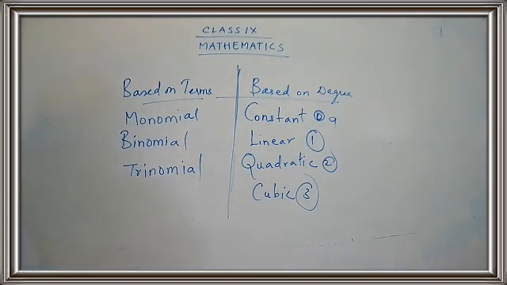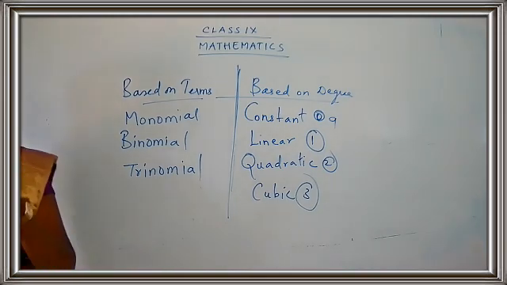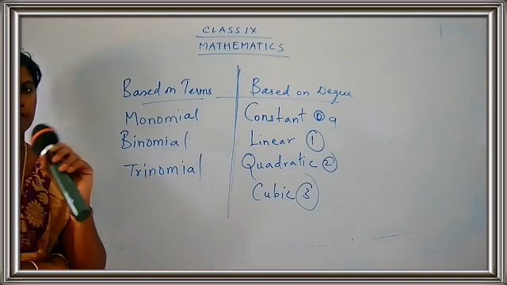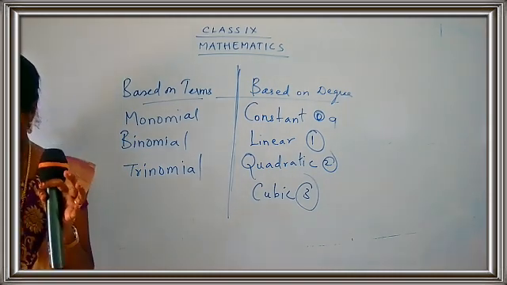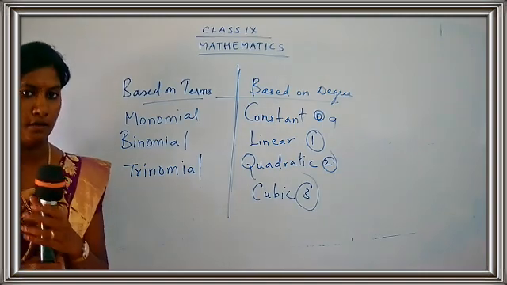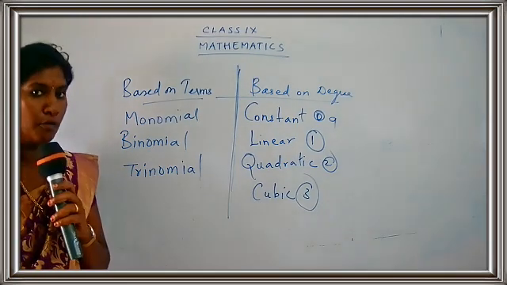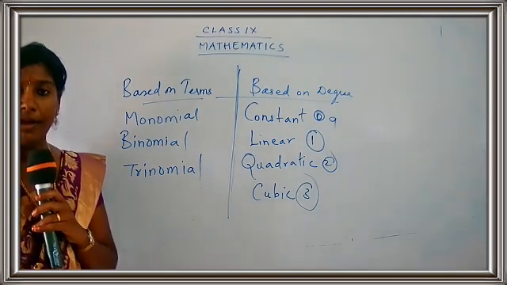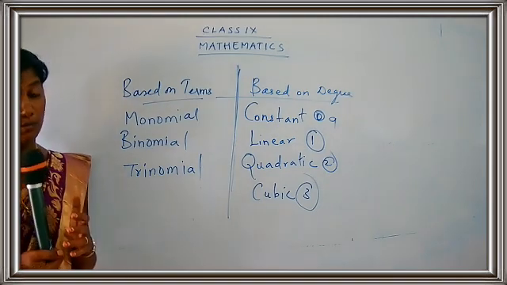Which of the following expressions are polynomials? If not, give reason. They're asking, if not, give reason. So if it is a polynomial, no need to say the reason. We can just say it is a polynomial. Suppose the given expression is not a polynomial, you have to write down the reason why it is not a polynomial. And I hope you have already written a table for the polynomial questions, children? So you would have got an idea which expressions are polynomial and which are not.